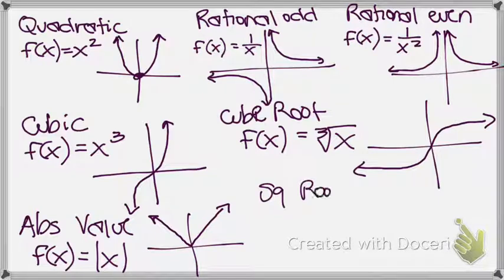Last two. The square root function, f of x equals square root of x. You've been waiting for this one? This is the one that starts at 0, 0 and goes to the right. Oh, yeah. And then the last one does not have a name. It's a function that is good to know about for calculus purposes that is used frequently. It's the absolute value of x over x. The good news with that one is I can't actually make you memorize the equation because I can't give you a name for it and say, what's the equation, right? I have to tell you y equals absolute value of x over x. So that funky no-name one